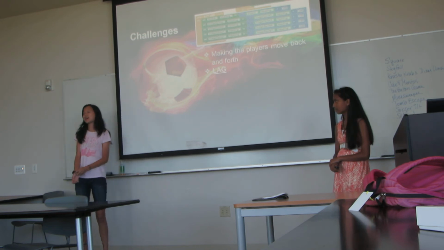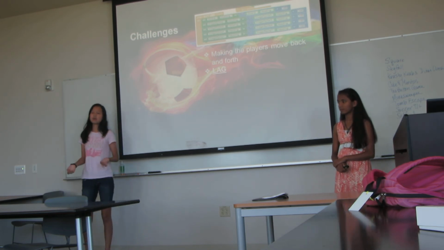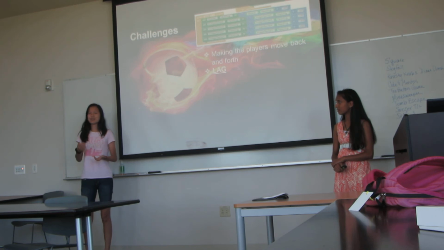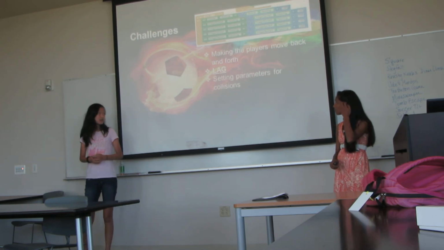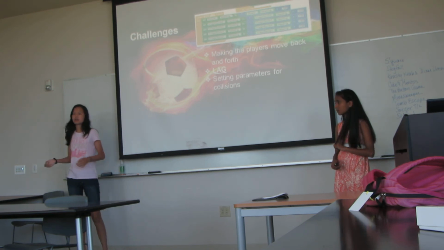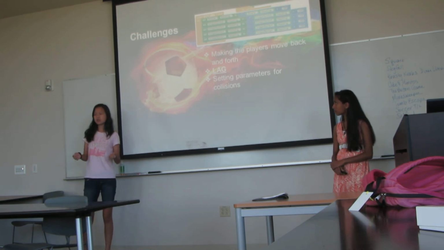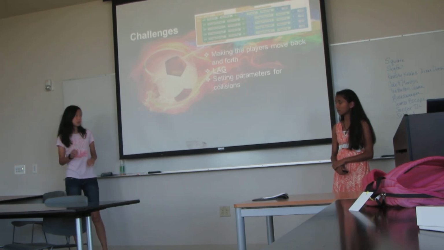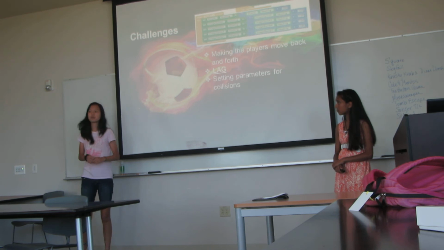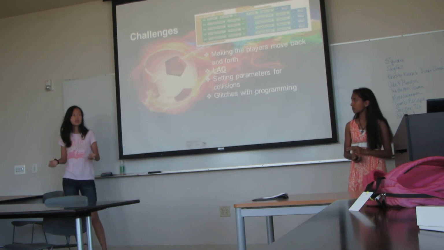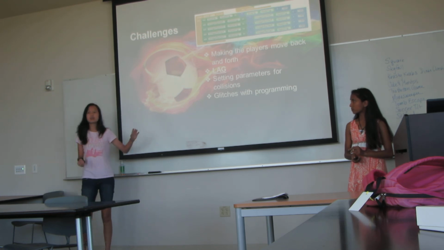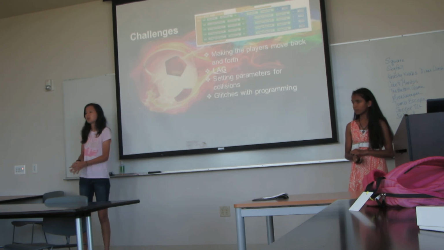Also, a big problem was lag. When we tried to test it on the phone, it wouldn't really work because it would take forever for the buttons and the screens to load. And then also, like in the sample code, we tried to get parameters for collisions. So when the ball collides with anything, it couldn't be anything; it had to be a specific object, either the player or the goal. And then also the glitches with programming, because with the graphics, it would work on the computer, but we couldn't get it to work on the actual phone, but we finally